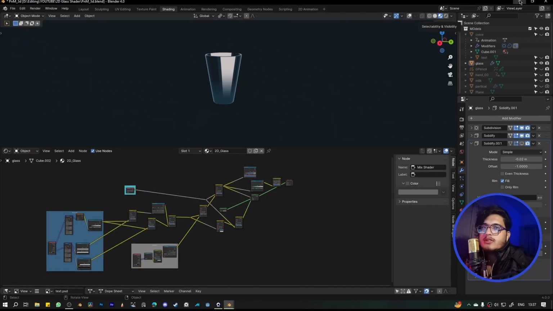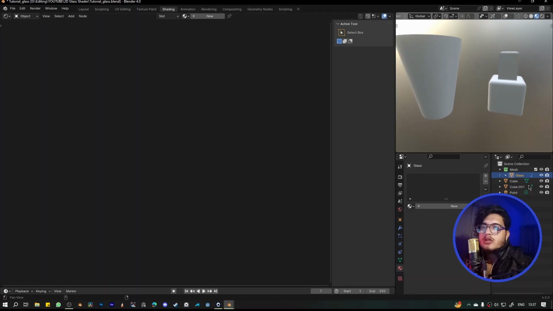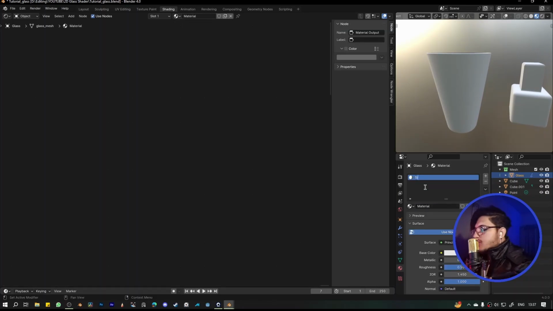So let's get to our default Blender file. I've modded the layout to be more suitable for node editing. And we have this thing, and ignore everything else in there. We have this basic glass thing. We'll make a new material. Let's name this glass,